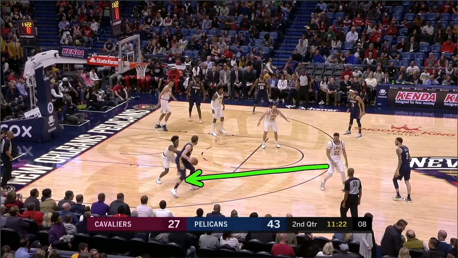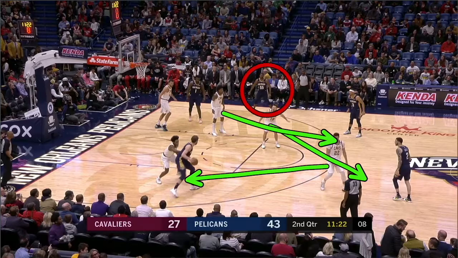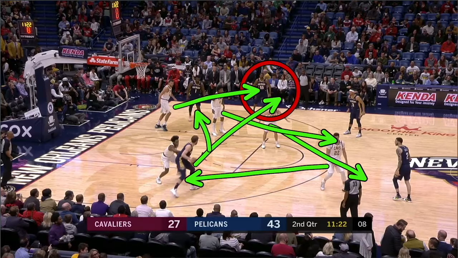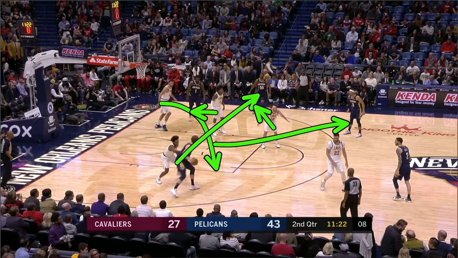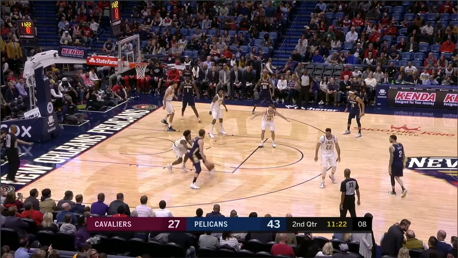If Larry Nance goes to double, okay, you just rotate here, rotate there, leave this weak side wing open. If the ball gets skipped over here, this player just rotates there, and you X out like that. Okay, if you want to help from the baseline, this player comes in doubles, this player rotates down. Again, you leave that opposite wing. If the ball gets skipped there, Matthew Dellavedova rotates here, and then the man that went to double team just rotates up here.